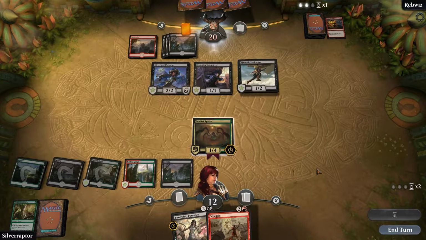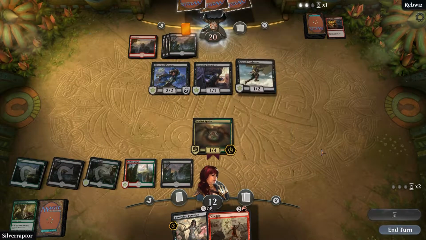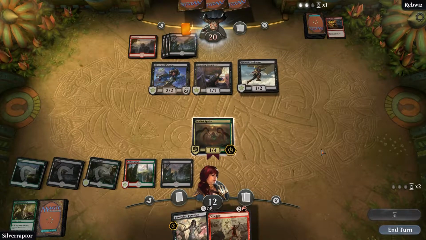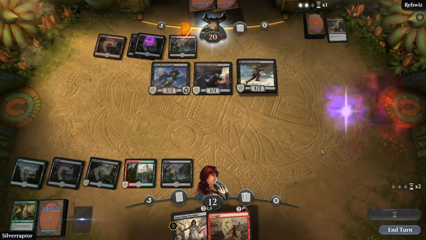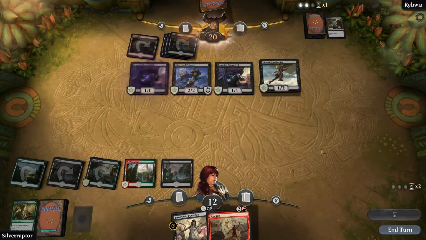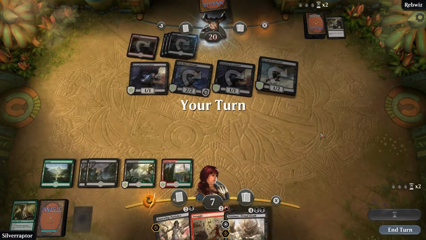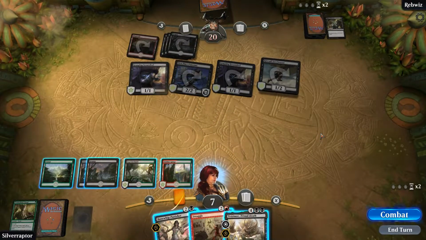Alright, I have returned. He had a way to deal with the Troubleshoot Dryad with Fiery Cannonade. Sure. He's got answers to all of my stuff. He's also just out of cards. True. Oh, if we only had one more